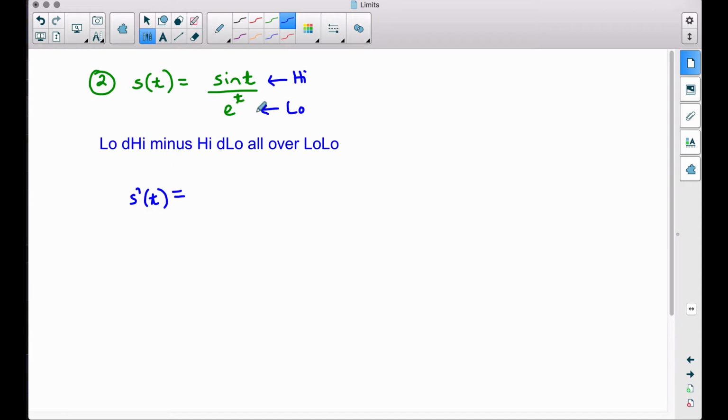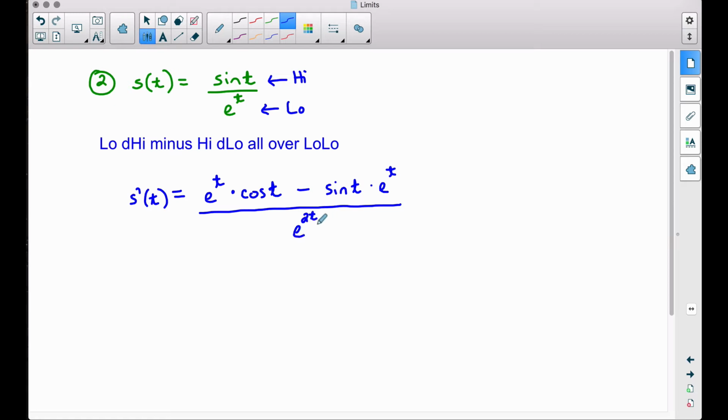So let's take our low, e to the t, d high, the derivative of sine is cosine, so we got cosine of t, and yes, we are multiplying these together. So there's our low d high minus high, let's leave the sine alone, so sine of t, d low, the derivative of e to the t is e to the t, so we're going to multiply by that, and this is all over low. So e to the t times e to the t is going to be e to